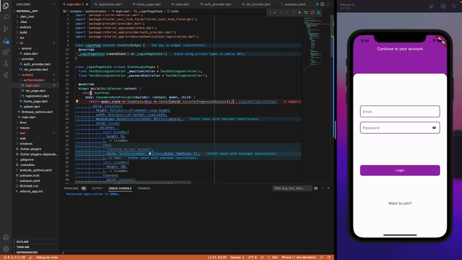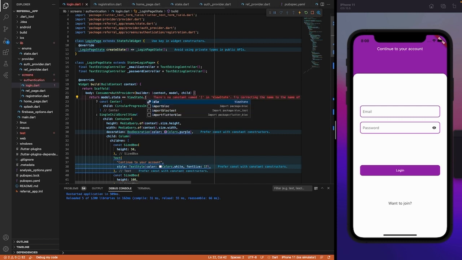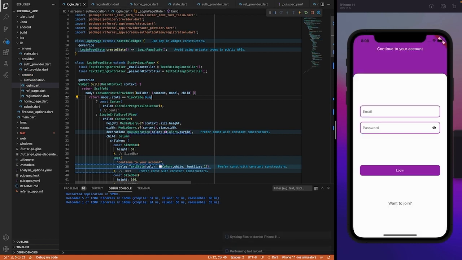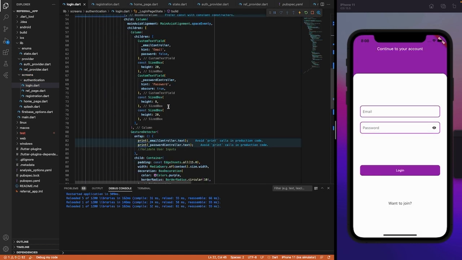If view state is equal to busy, return this one, else return this other one. Okay, so that's the error, which is pretty much okay. Currently the view state is idle, so let's see what happens if it's idle. It's going to show that loading state, you can see. Cool, but that's not what we want. We only want to show it when it's actually busy. Okay, awesome. So moving on now, we have our button, our